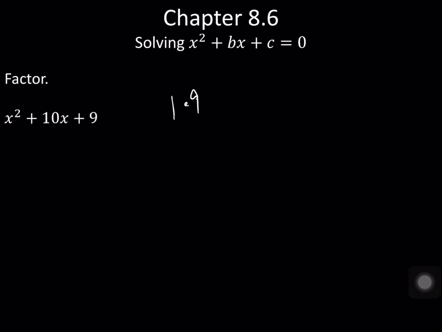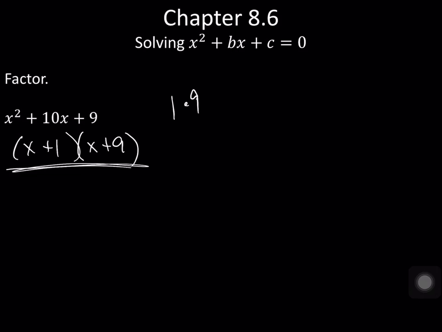1 times 9 is 9, and then 1 plus 9 is 10. So this one worked out really quick. X plus 1, x plus 9 is factored form. Now, if you don't believe me, or for some reason think the pattern doesn't work, you can always take the binomial times the binomial and redistribute, refoil,